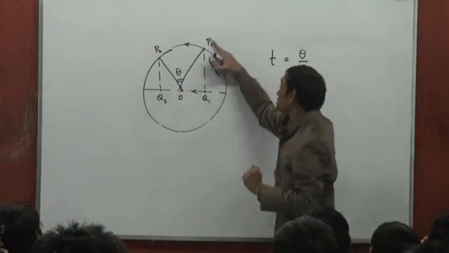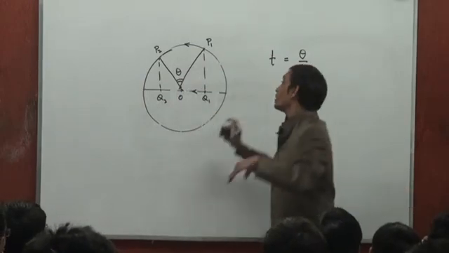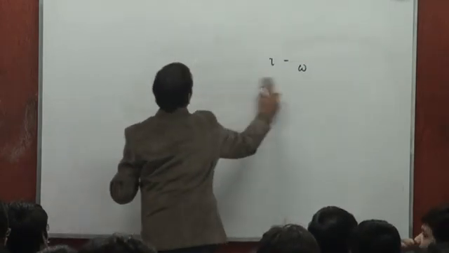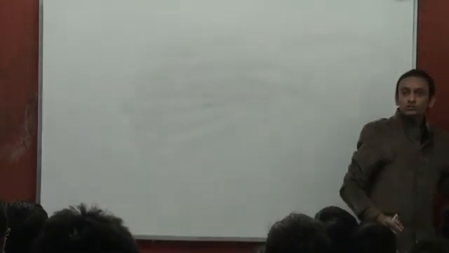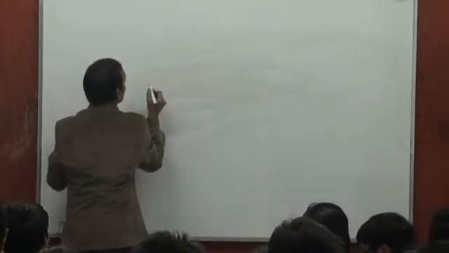We started with this and we associated Q with it. We could have done just the opposite, in the sense we could have started with a particle executing simple harmonic motion, and